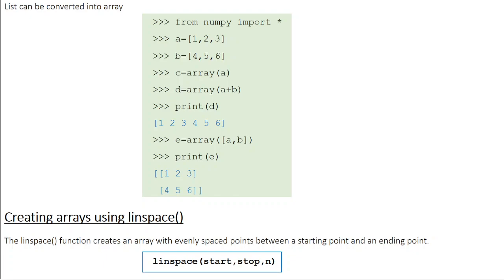Now here the linspace function is used to create an array with evenly spaced points between a starting point and an ending point. So this is the general syntax: linspace start, stop, n. It's going to divide the range between the starting element and the stopping element into n equal points.